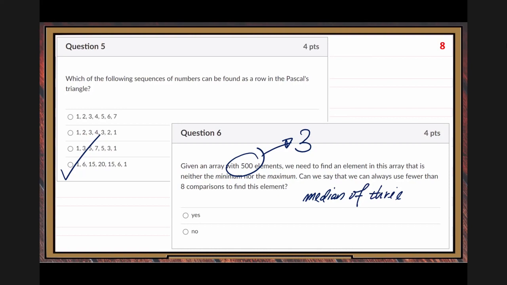You can see the number of comparisons for the median of 3 elements is for the worst case. Some students gave me the best case: 2 comparisons, you can find the median of 3. That's the best case, but not the worst case. So remember, here is another important point. From this question, I did not say worst case or best case, right?